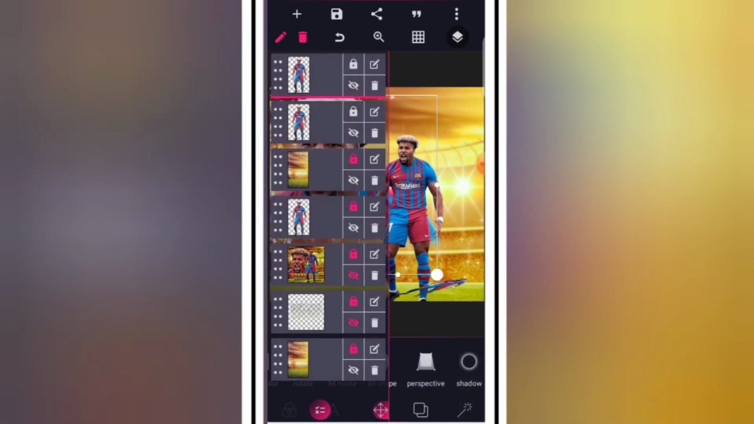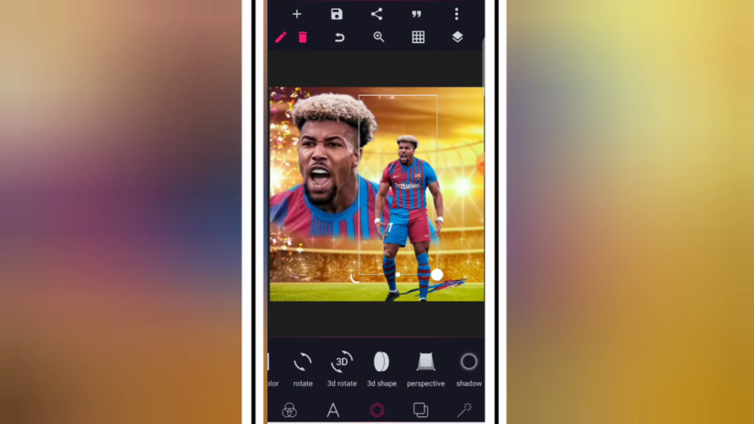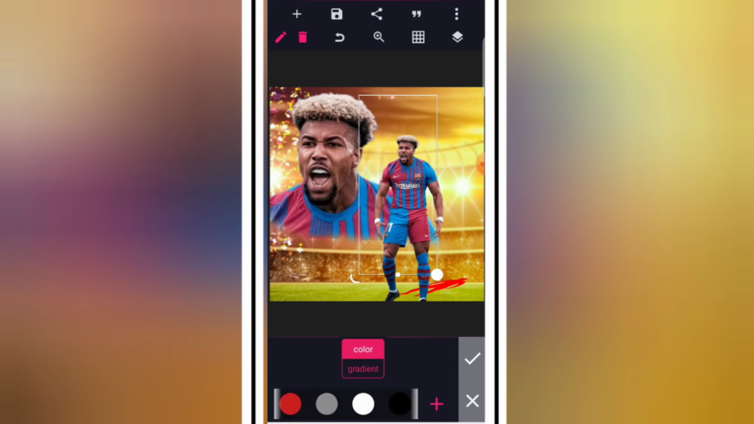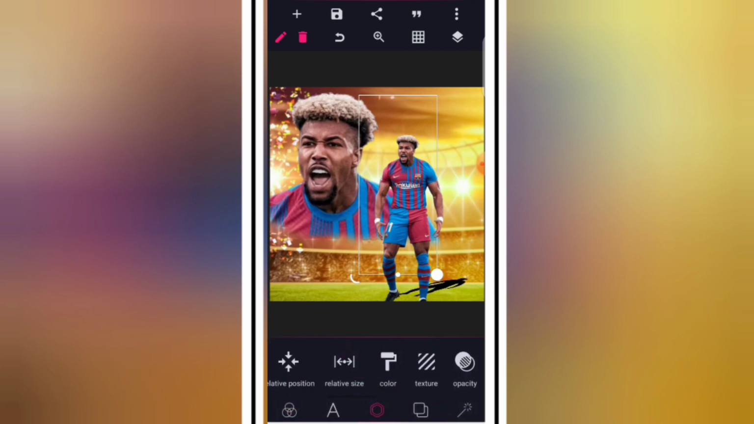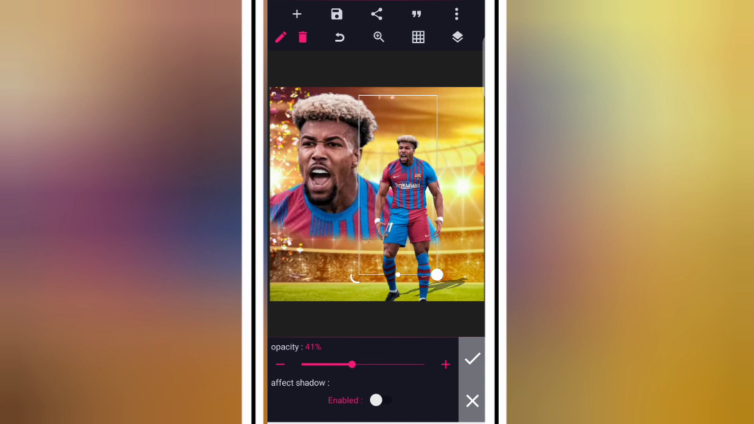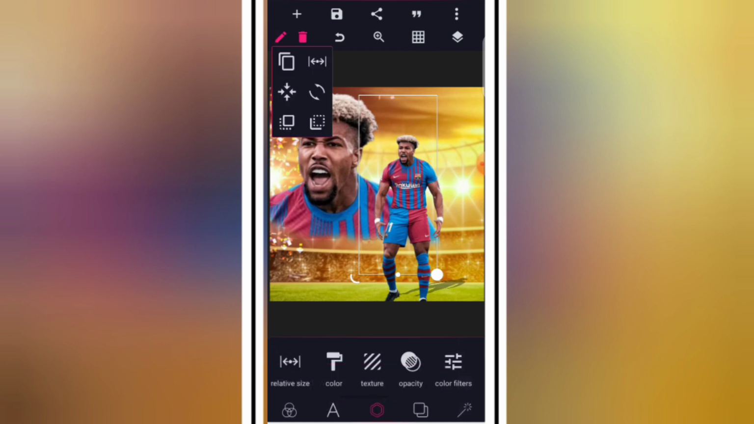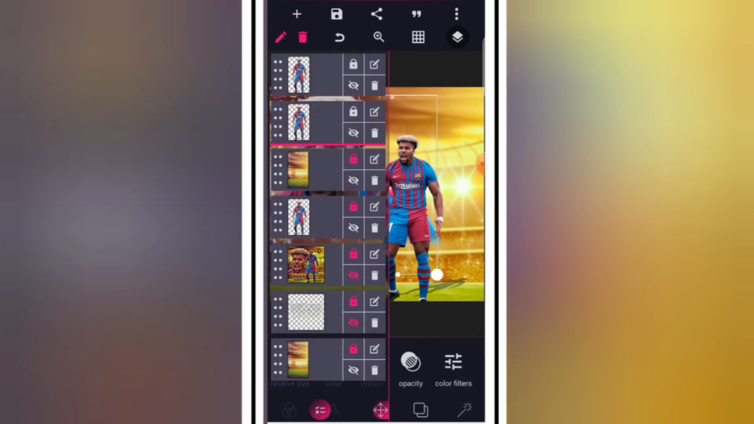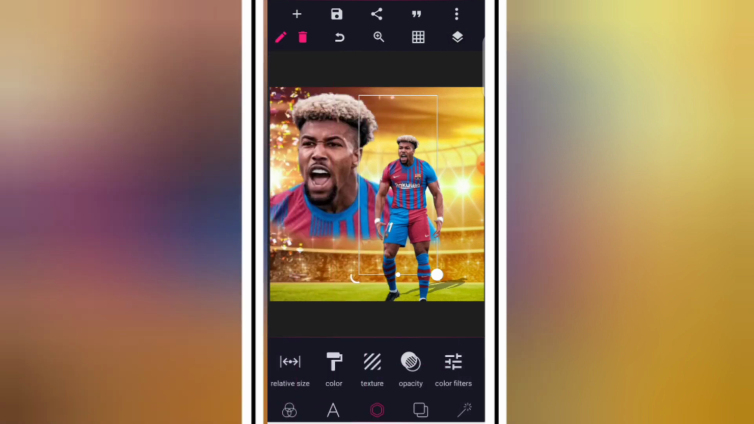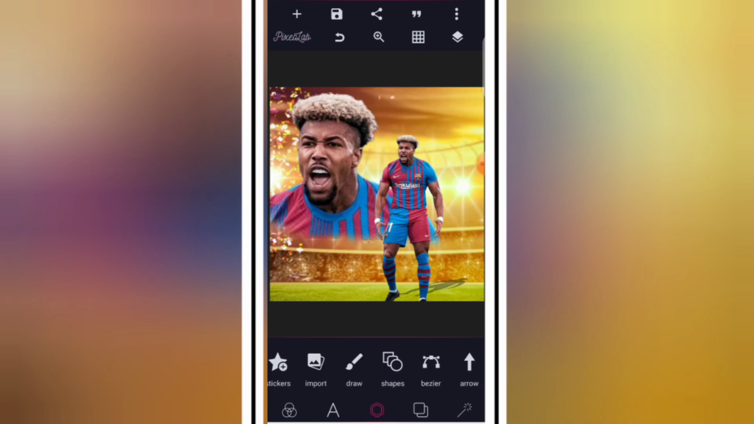Then I'm going to bring it back down and then head over to color. Head over to color and make it color black. You can see, and then reduce the opacity. So we have the shadow right there. So the next thing I'm going to do, guys, is for us to trace out where the